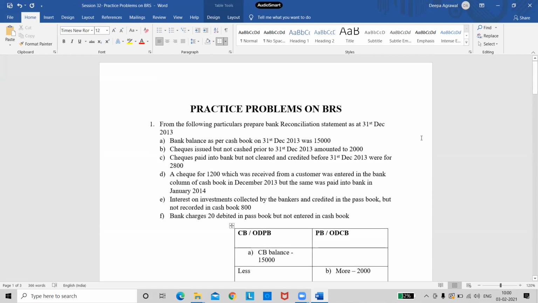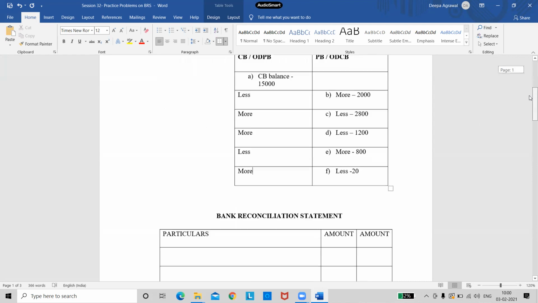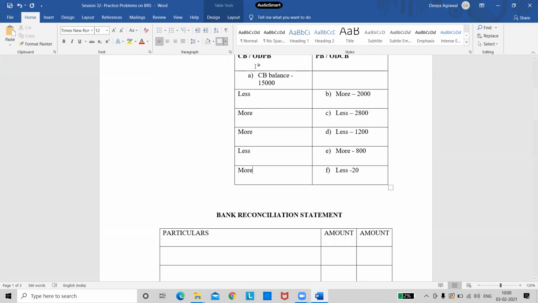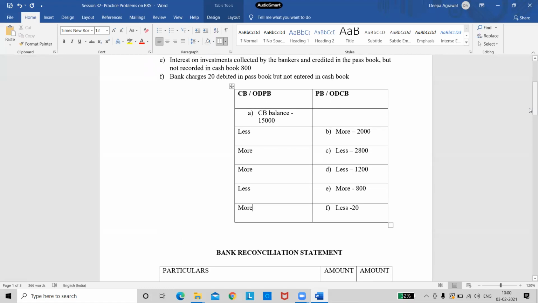The first transaction is balance as per cash book, right? Yes, ma'am, the cash book balance is given. So the first transaction I will write in the column whichever is given. All other transactions, I will write the amounts in the column which I have to find out. So I have to find out the passbook balance, so all the amounts I will write only in the passbook column, because for me this column is important now. This is my working notes part. If you are able to do these working notes, 80% of your problem is solved.